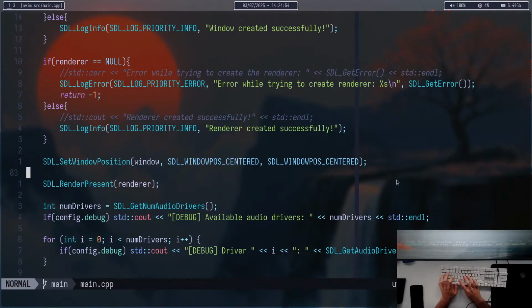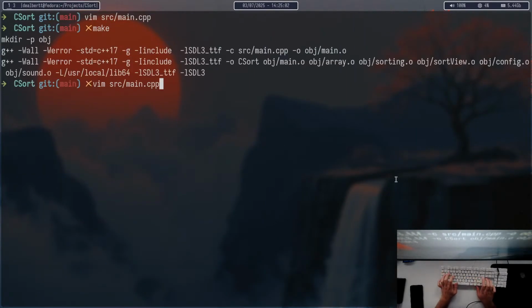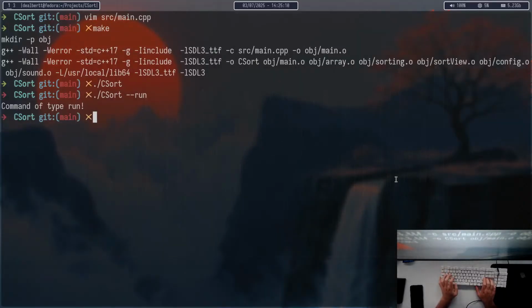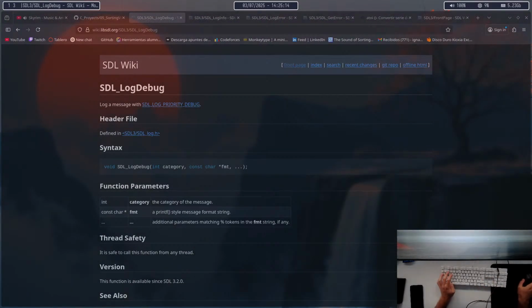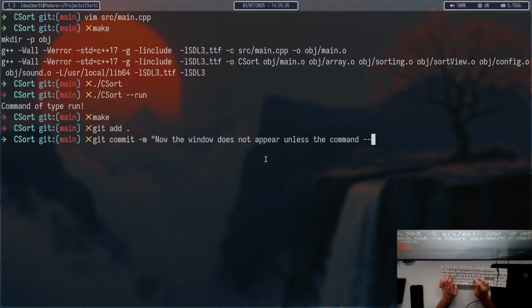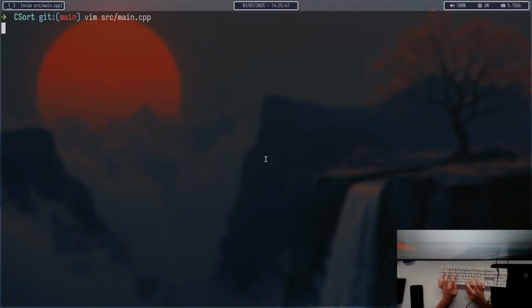Render present. Is this necessary? Don't think it is, but okay. Okay, that looks so much better now. Now the window does not appear unless the command run is specified, I guess. Boom. So if I say, you know, csort